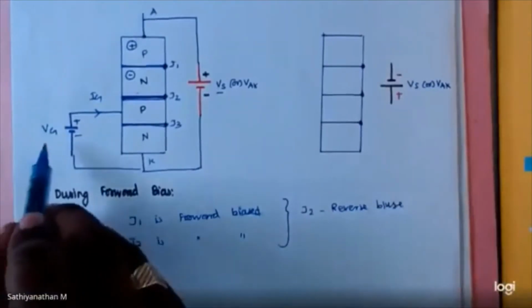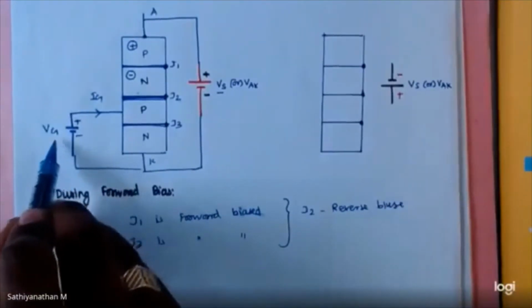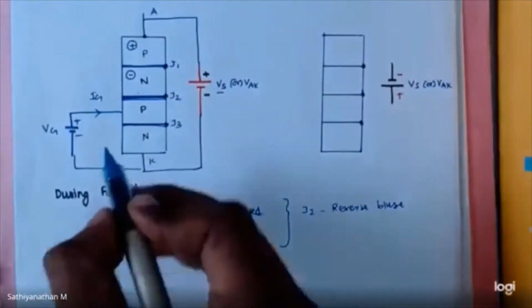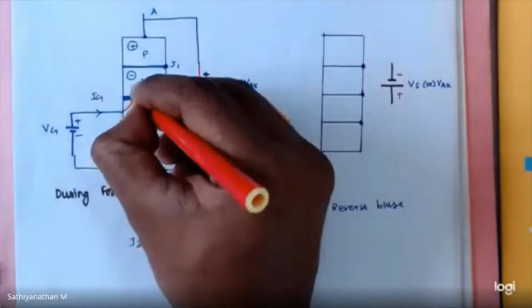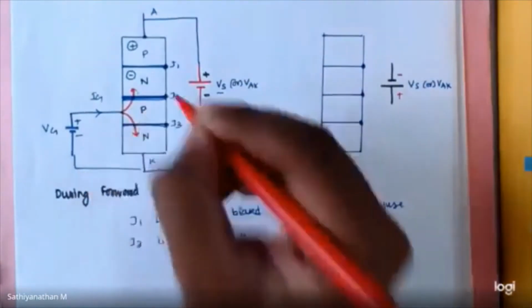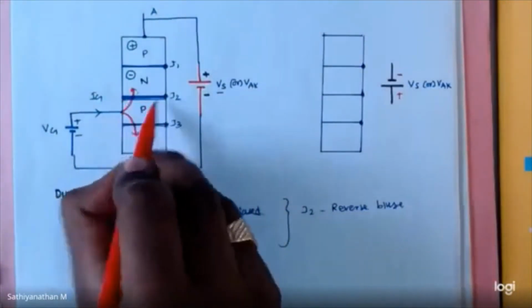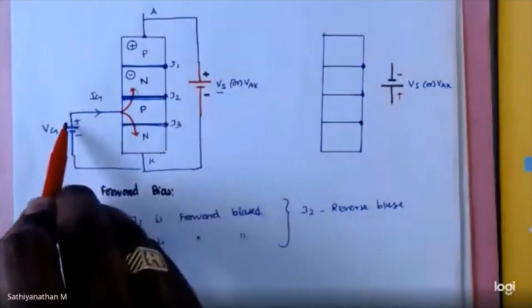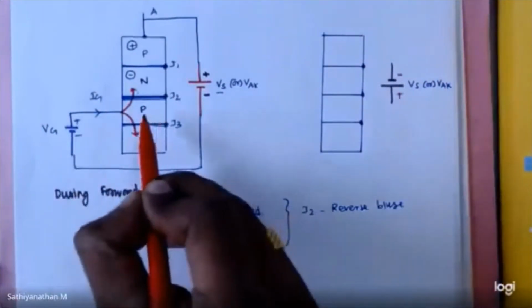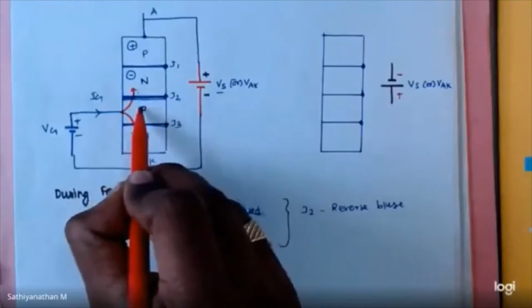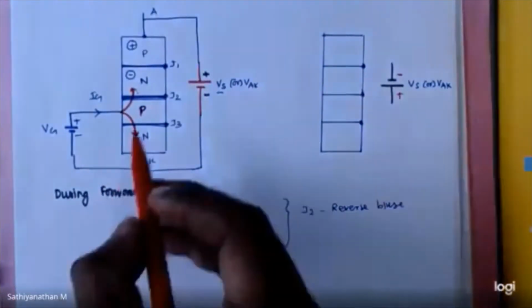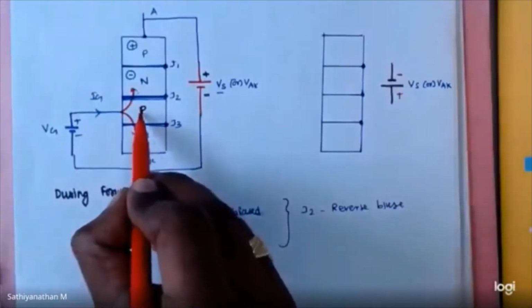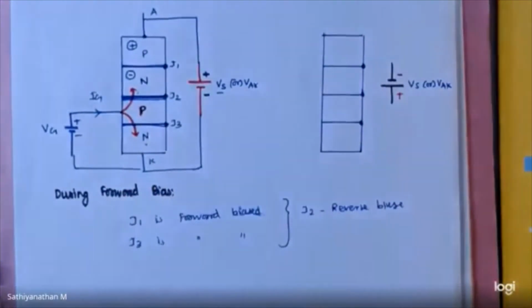If you connect an external source V G, the gate voltage, it drives a current and makes the electrons flow in this layer as well as this layer, because for this source,